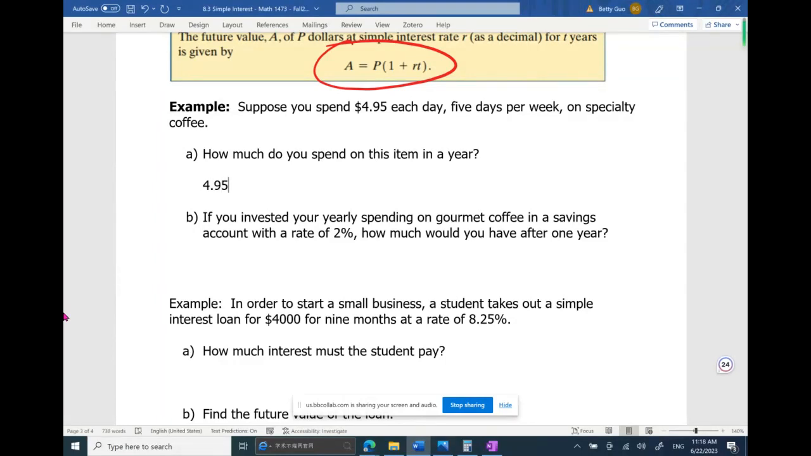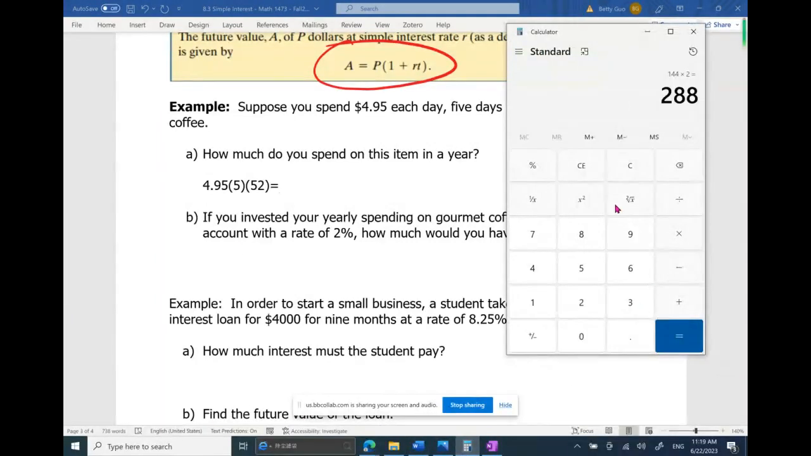$4.95 a day for 5 days. That's how much you spend every week, right? 5 days per week. How many weeks in a year? 52. Sometimes a little bit more than that, sometimes a little bit less than that. In general we normally use 52 weeks. And let's calculate the result. 4.95 multiplied by